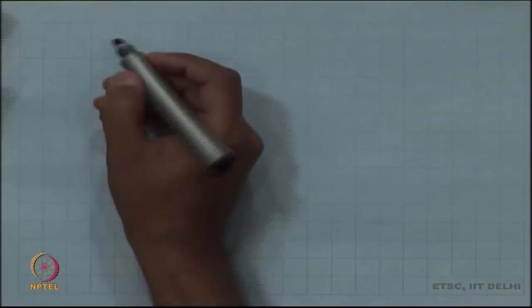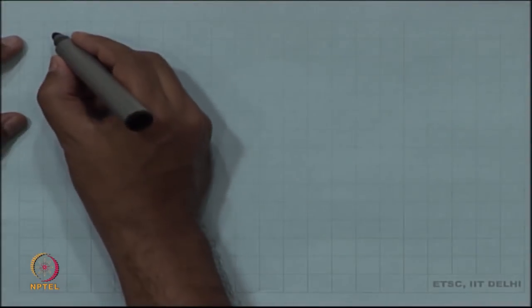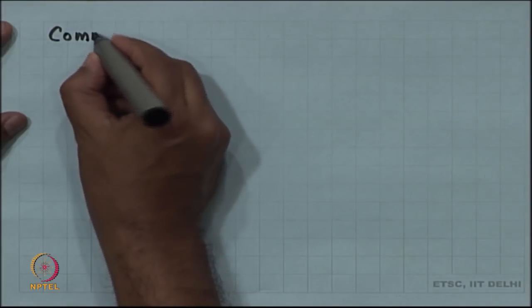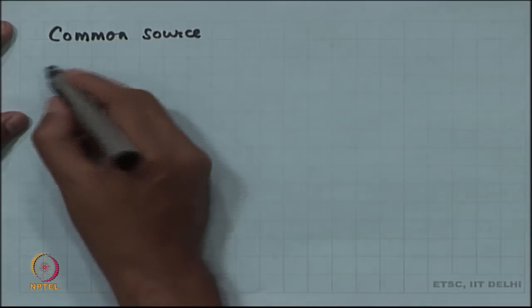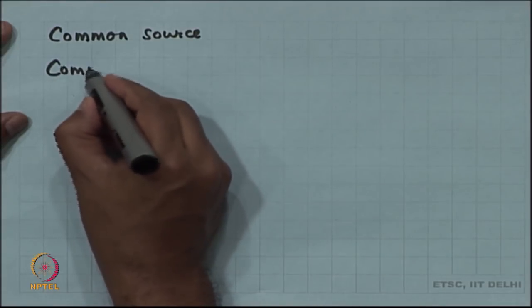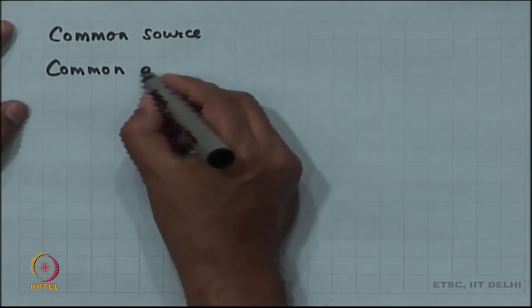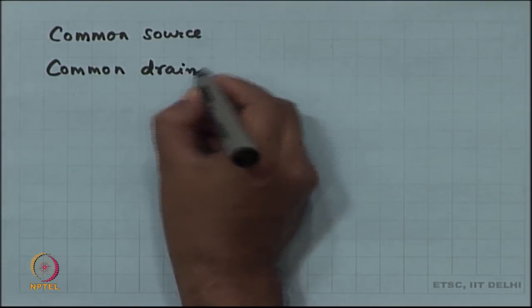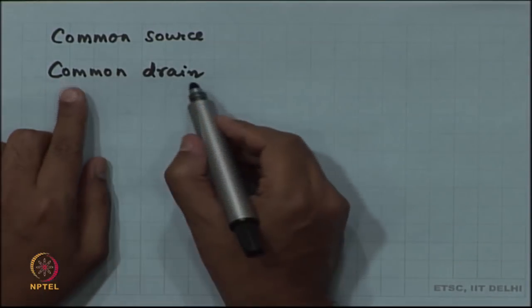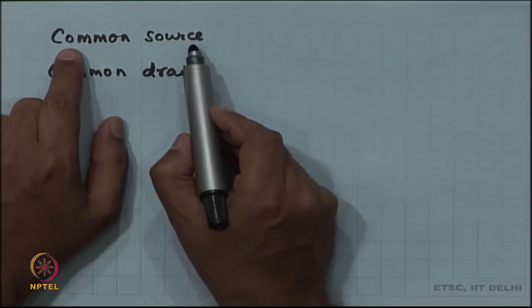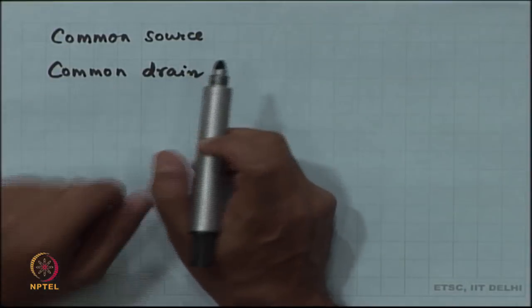We have so far studied two circuits. One is the common source amplifier, and the next thing that we studied was the common drain amplifier, right. Although it does not amplify voltage, it amplifies power. This is what we studied yesterday, and before that we had studied the common source